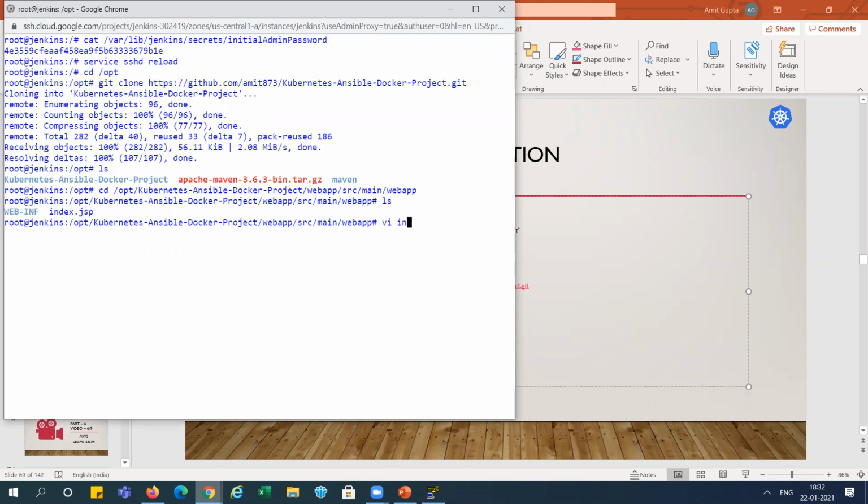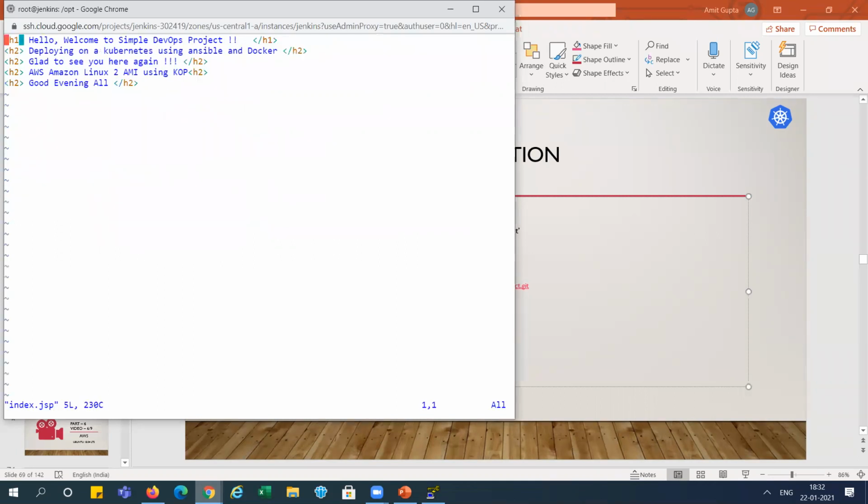I am editing this file. Here AWS is written, so I am adding GCP Ubuntu machine, Ubuntu instance, right? I added it here, and I am just saving it.